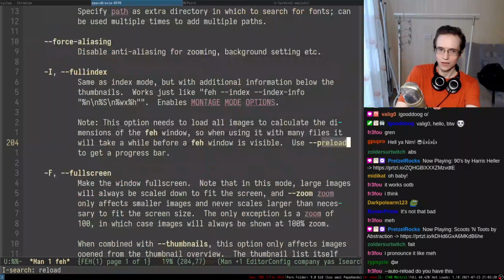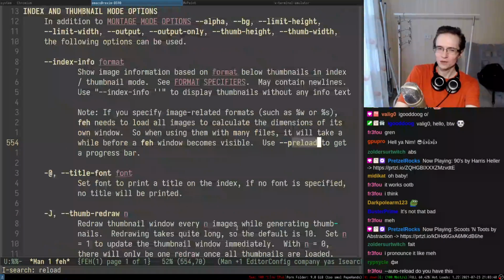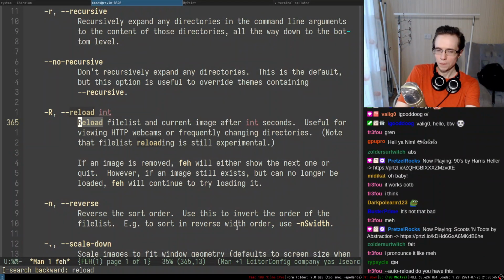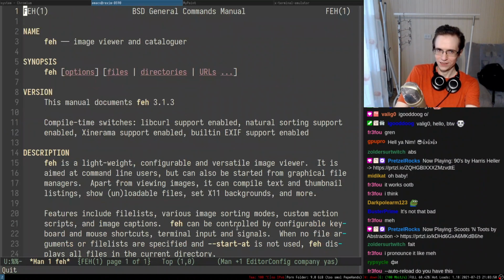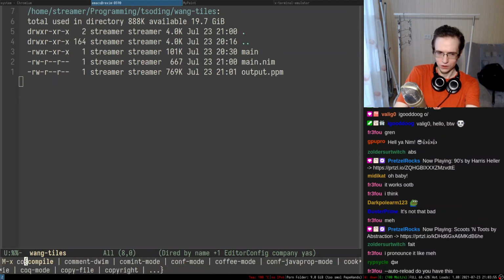Arthur, do you have... I would have found it if it existed, because I'm literally incrementally searching by reload. If it had auto reload, I would probably have found it already. There is a reload after each second, but I don't see any reload on modifications. So what I see is basically reloading each second, or reloading on request, by pressing R or something like that. So we can try different things in here.